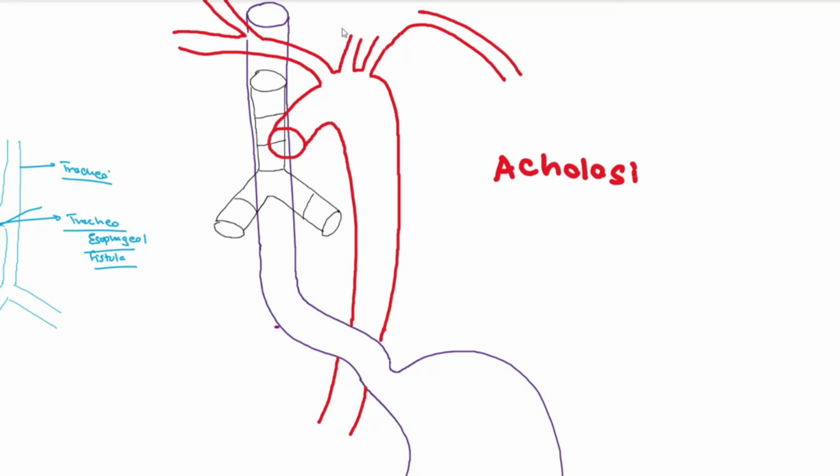Now, achalasia is a condition, and in this condition, the nerves fail to push the food forward with the help of the peristaltic movements, and due to it, it leads to the dilation of the esophagus and accumulation of the food in the esophagus itself, leading to the fermentation of the food in the esophagus itself, or either emesis, that is vomiting out of the food, and it is treated with the help of some medical procedures such as surgery and giving medications such as calcium channel blockers, anti-anginals and vasodilators.